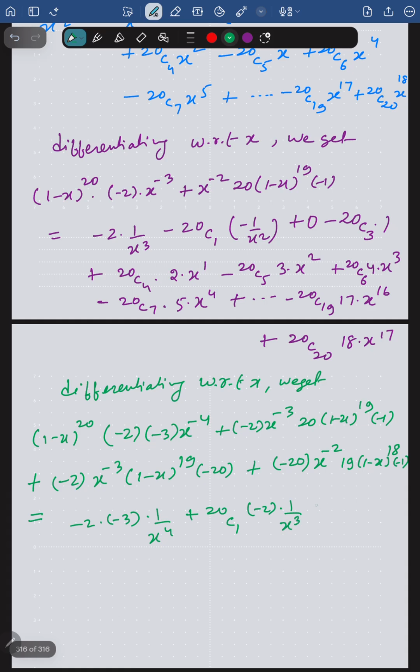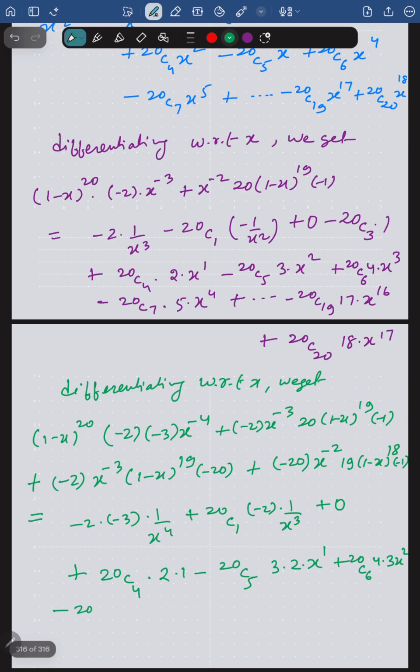This will be 0, and again that is constant, so there will be 0 term. Now come to the 20c4 part. So 20c4 into 2 only because x power 1 is 1 differentiation, so 2 into 1 minus 20c5 3 into 2 into x power 1 plus 20c6 will give you 4 into 3 into x power